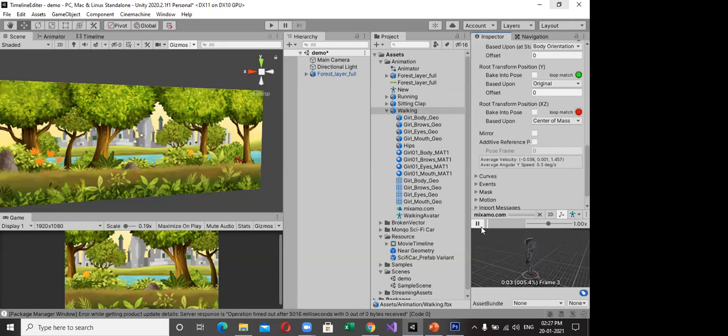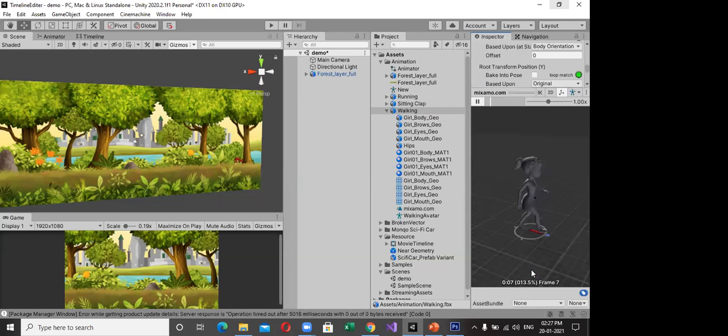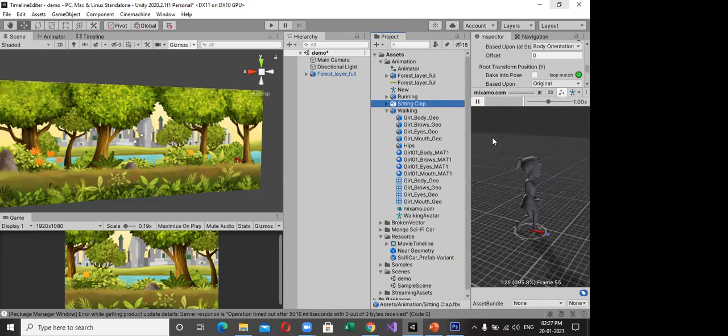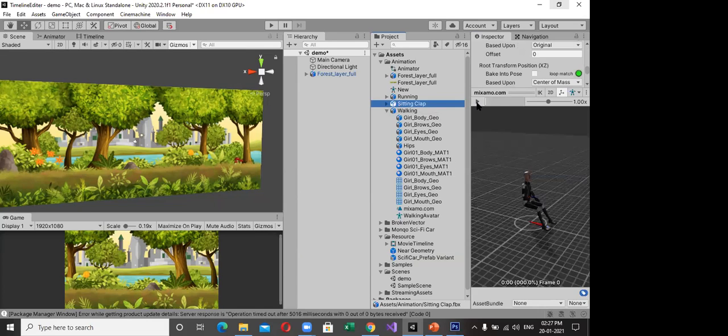Everyone sees that, right? Next animation I used is sitting and clap. Now I'm going to mix those walk and sitting and clap animations.